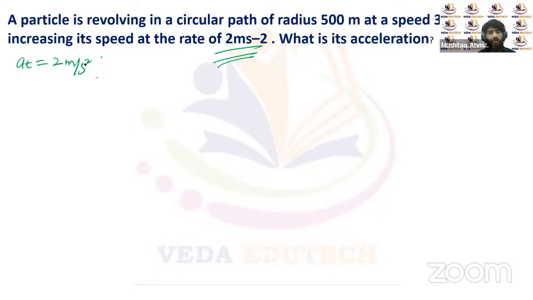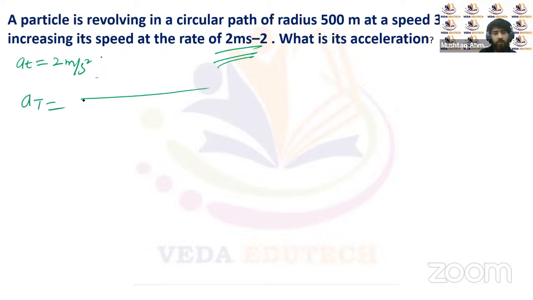A particle is revolving in a circular path of radius 500 meter at a speed of 3 meter per second. It is increasing its speed at the rate of 2 meter per second square. What is its acceleration? It's talking about the total acceleration. Total acceleration, a total, will be